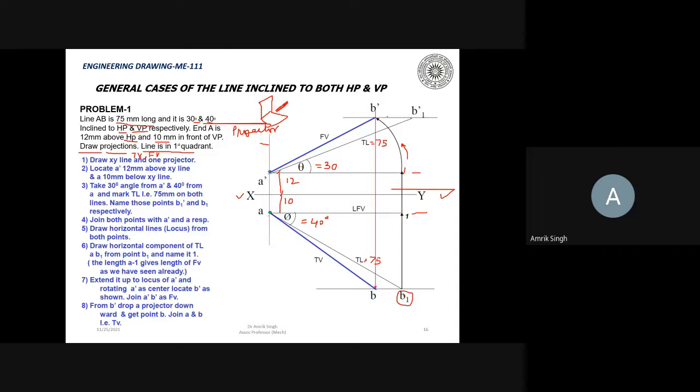and you rotate this arc. So you will get this point B dash. Okay? So where it will cut, you join these points A and B dash. So this will give you the front view. So it is, you see, drawn with the dark.